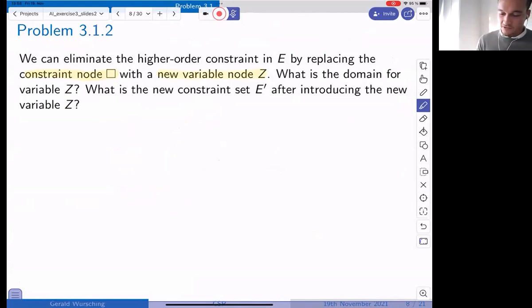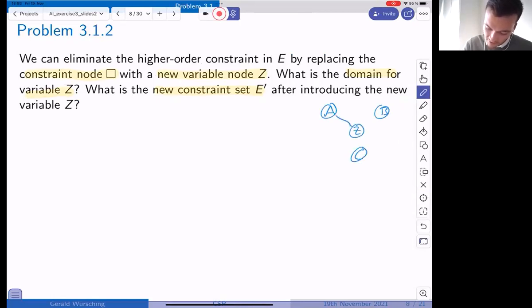We have to say what is the domain for the new variable and what is the new constraint set. So the new graph looks something like this: A, B, C, and then instead of the constraint, we have a new variable z. Now we have to say, what is the domain of this variable z?